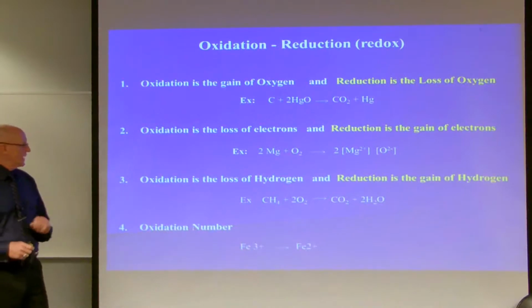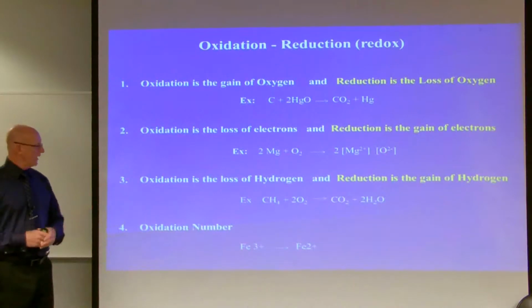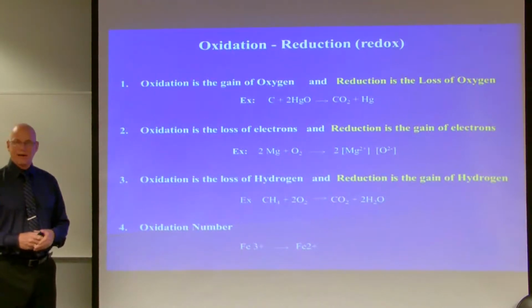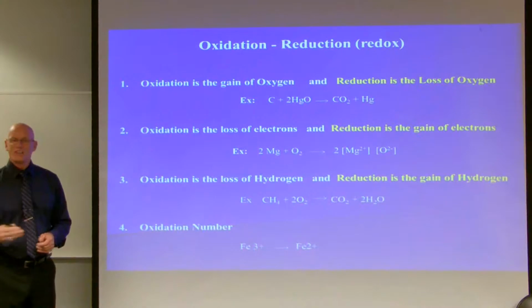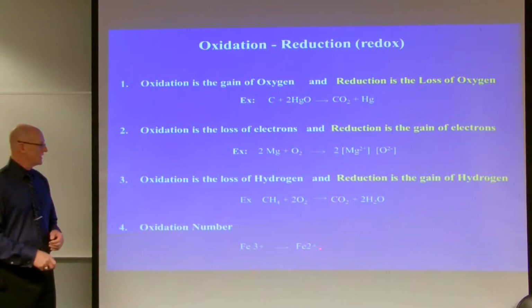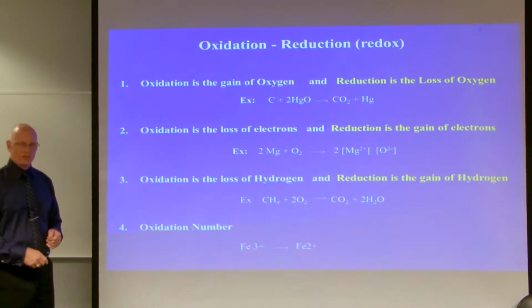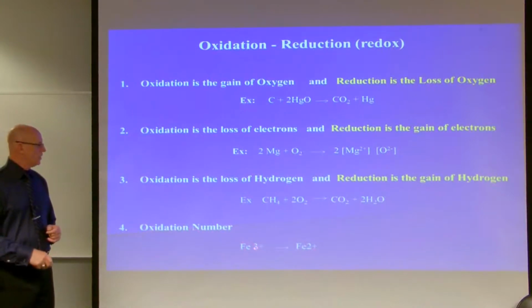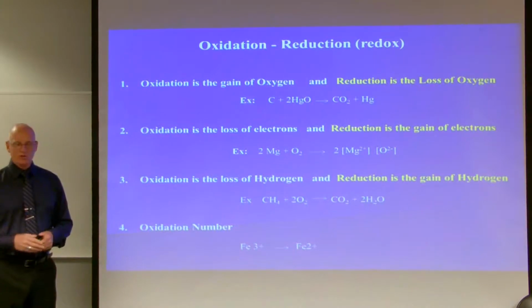So let me give you an example here that I'm going to use later in the electron transport chain. Now this is iron at its 3+ state. That is ferric iron, and iron at its ferrous state. Now the oxidation number, if we look at the more positive number, then that is the one that has been oxidized greater than this, because this ferrous state has 1 more electron than this ferric iron. So we can look at the oxidation number to determine also which one has been oxidized. Now when we get to the electron transport chain, I'm going to expand on this